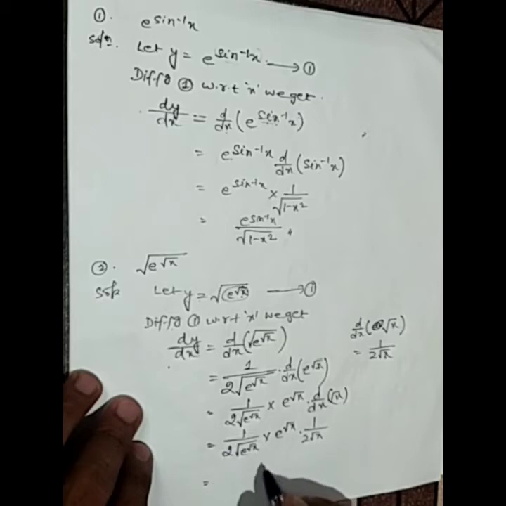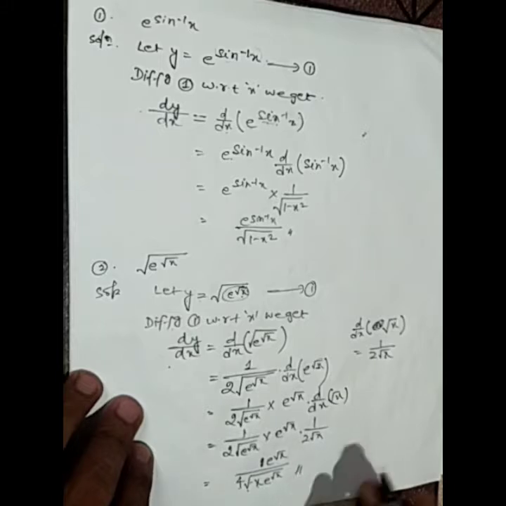So multiply all these terms, you will get 1 by 2 to the 4, that is, multiply directly, e to the power root x over 2 to the 4 under root e to the power root x under root x. You can bring it inside the root. So e to the power root x over 4 root of x e to the power root x. So this is the answer.